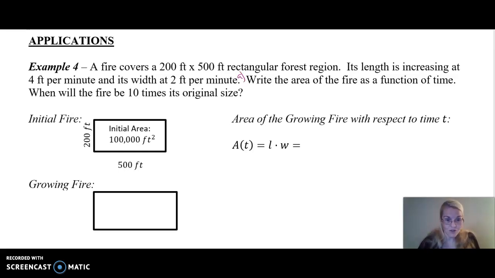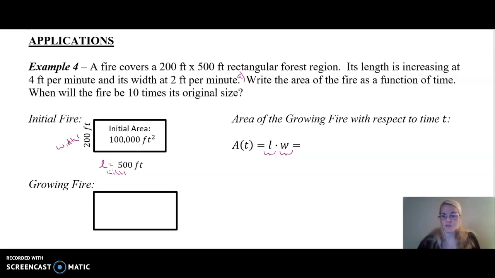First, write the area of the fire as a function of time. So here's our initial fire, right? The area of the growing fire with respect to time should look something like this, right? The area is going to be the length times the width, right? So how do we express the length with respect to time? How do we express the width with respect to time? So if we call this my initial length, and we call this my initial width,